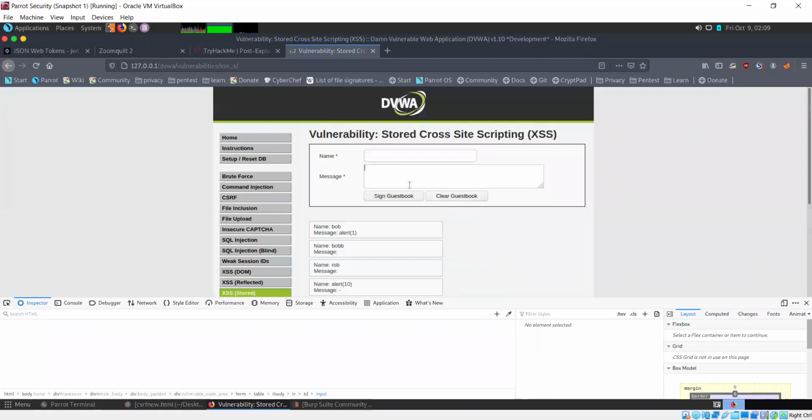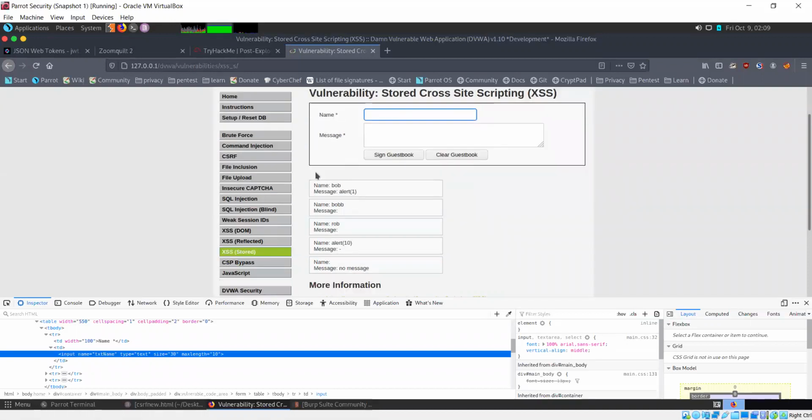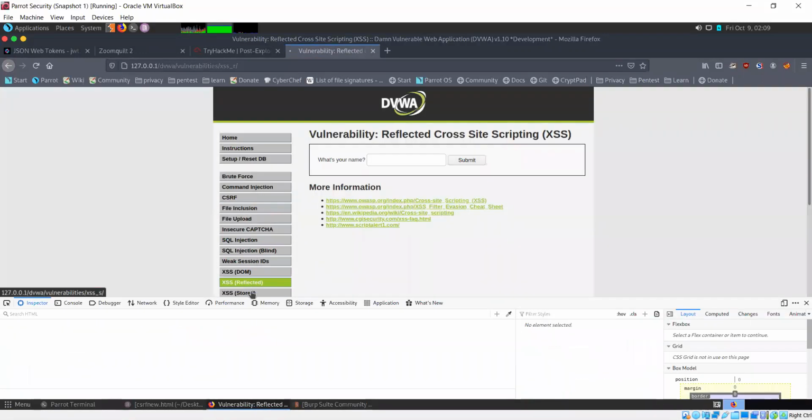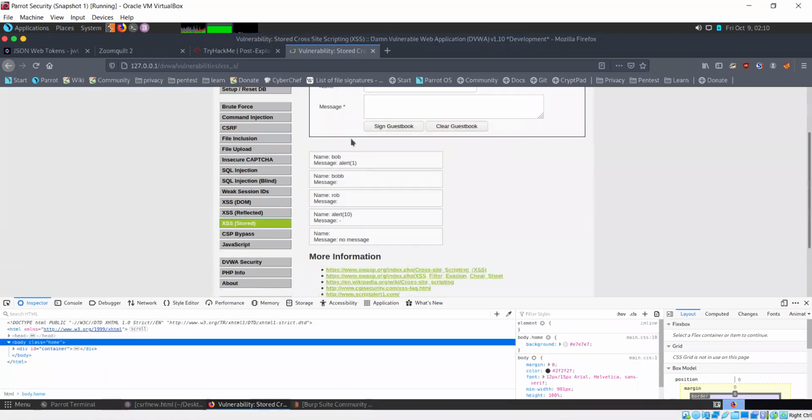And instead of the message field, we simply use the name field to insert our payload, to inject our XSS cross-site scripting payload. And since this is stored, it should work whenever you access the page. So whenever someone accesses the page, this is going to work.